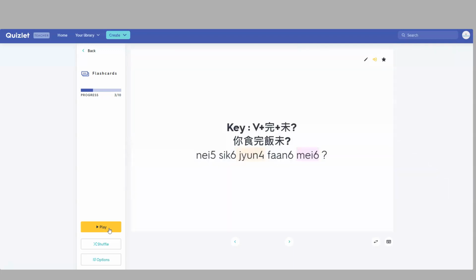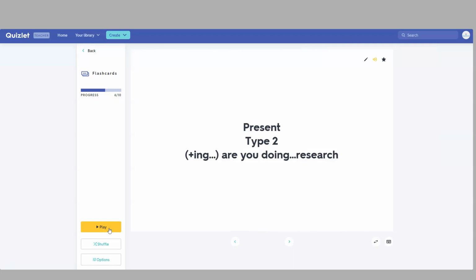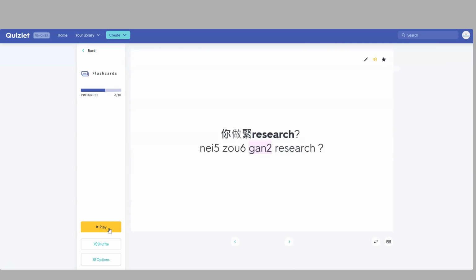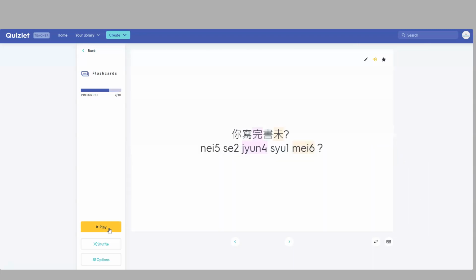Have you finished eating yet? 你食完飯未？ Did you eat? 你有冇食飯？ Have you eaten yet? 你食咗飯未？ Present type 2. Are you doing research? 你做緊 research？ Present type 3. Have you finished writing book? 你寫完書未？